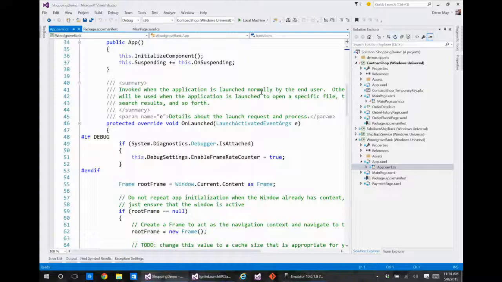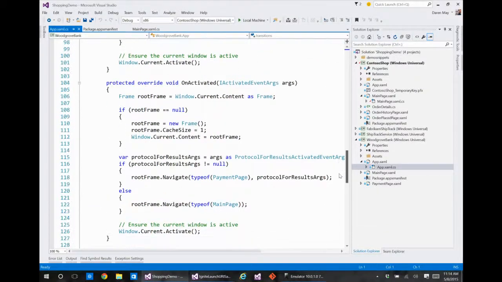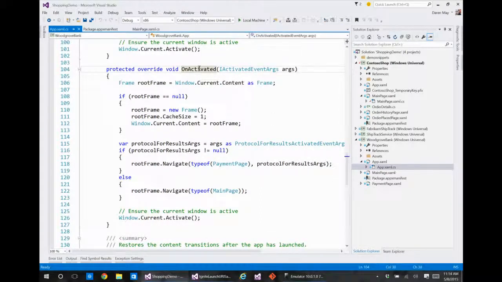When you go into suspension, you should persist and save any state, because once you're suspended, if the system runs out of resources, it will terminate any suspended process. Okay? So you don't get told that, hey, I'm about to be terminated, you should save something. You're just gone. So you need to save these things when you go into suspension. Anyway, that's a whole different topic all in and of itself. But when you go into these different events, we have these events that get fired, and we subscribe to them in the app XAML.cs file. The onActivated event is fired when we get launched, when effectively we're being run.